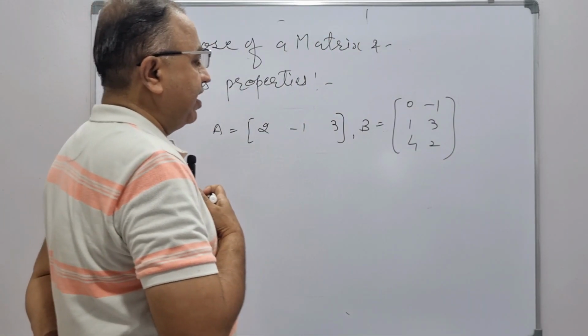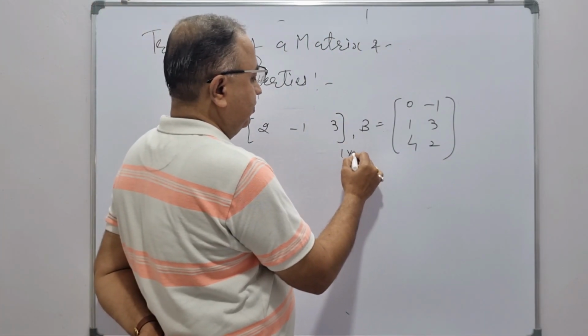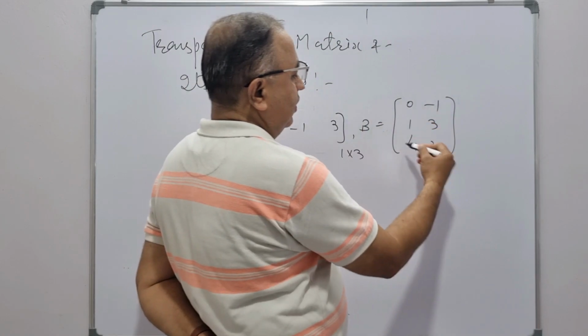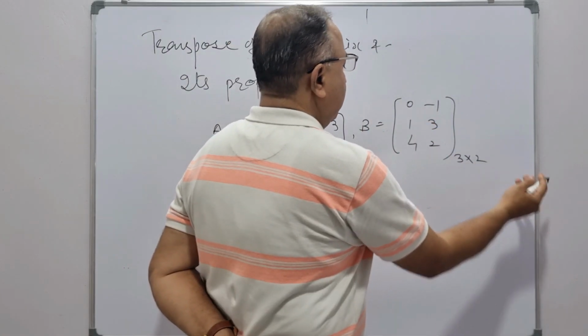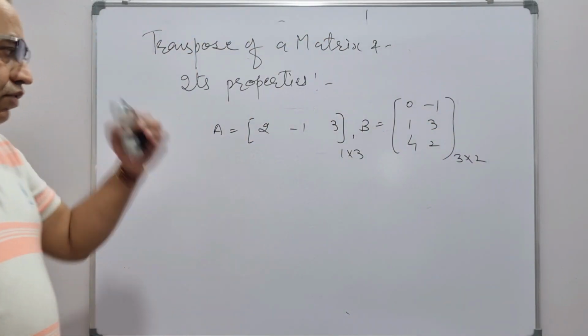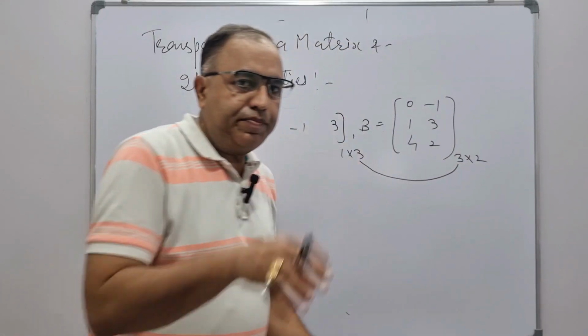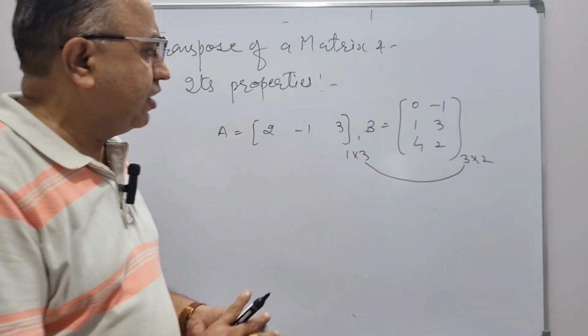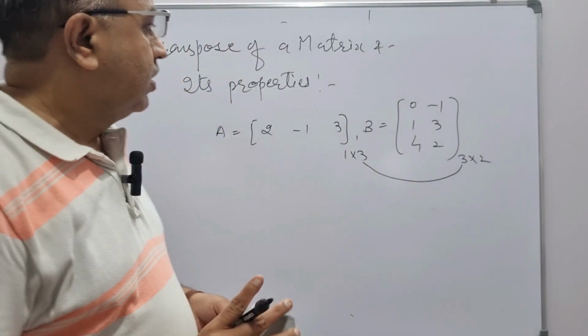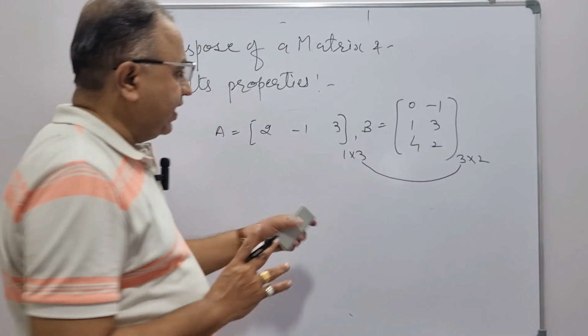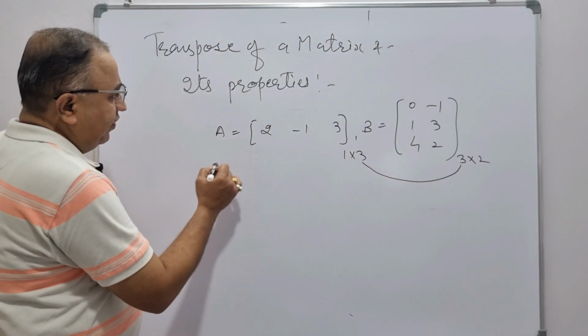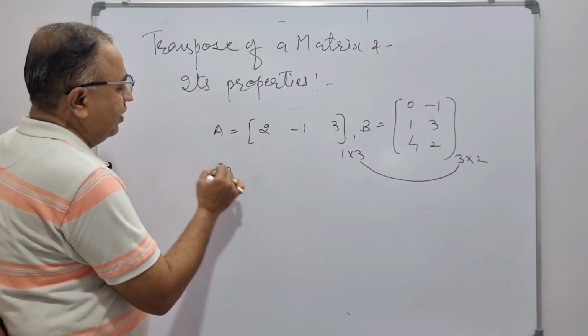Now what is the order of matrix A here? 1 row, 3 columns. What is here? 3 rows, 2 columns. So AB is possible. First, AB should be possible, because if AB is possible then only this property can be verified. So here yes, it's possible. Let's try it. So we have to verify here that transpose of AB